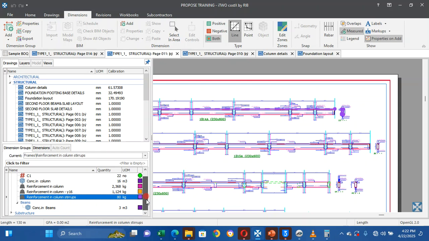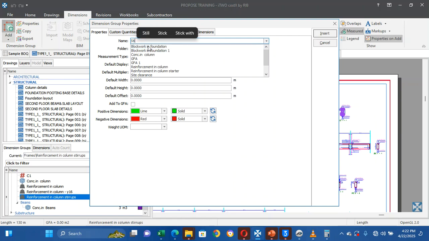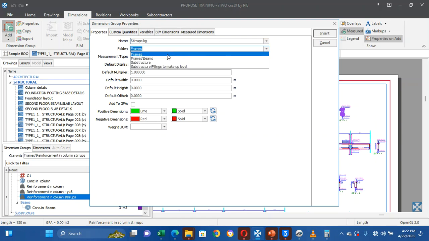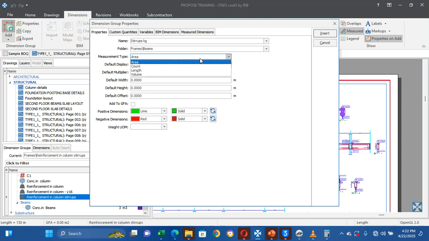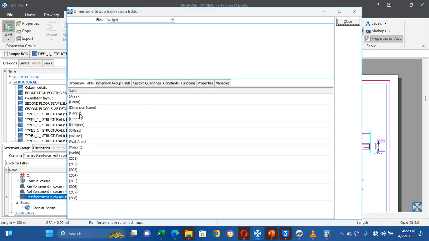But now we're going to just create a new dimension group. Let's say stirrups kg, under beams, length in kg. This will be the length